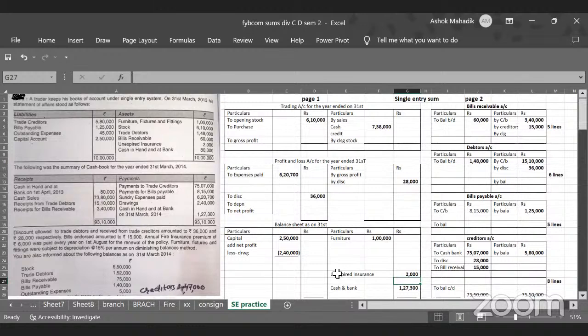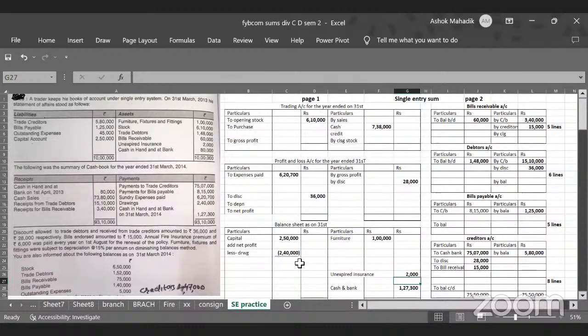This is the simplest way of recording expenses, which may be prepaid or outstanding. Clear? Now we'll proceed further. In the opening balance sheet, that item, unexpired insurance 2,000, is done. It remains as it is every year. So in the current year's closing balance sheet, we are showing 2,000 as it is. Next,